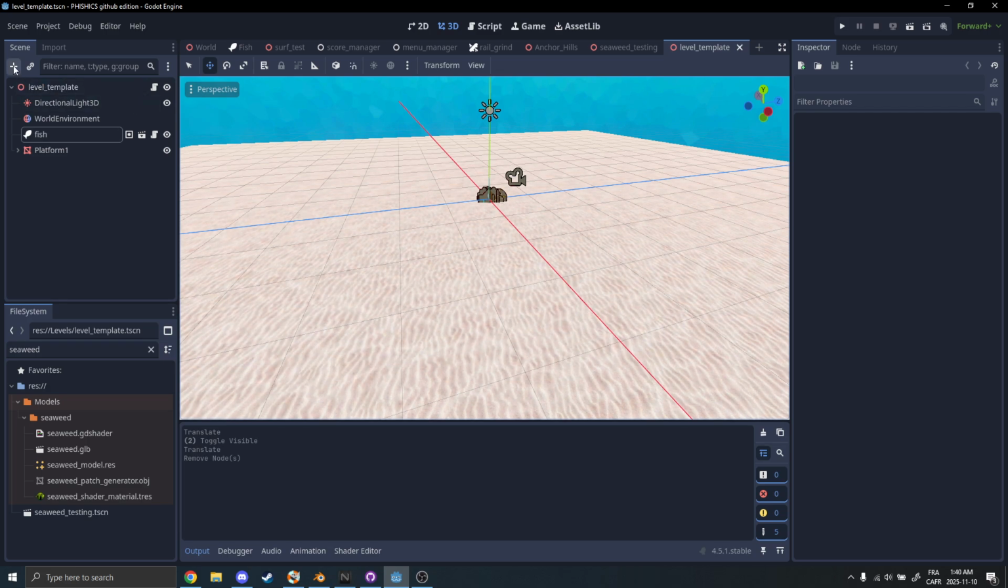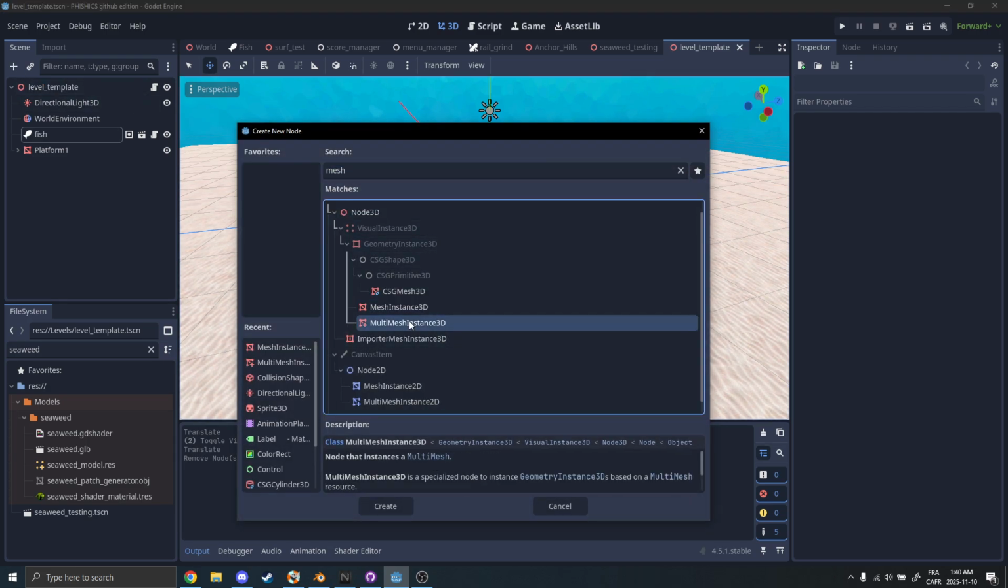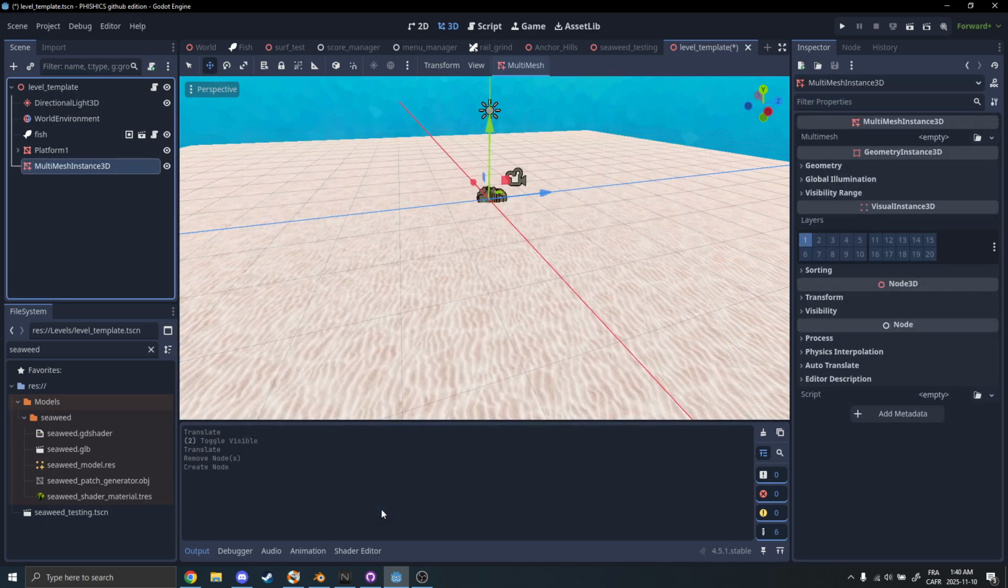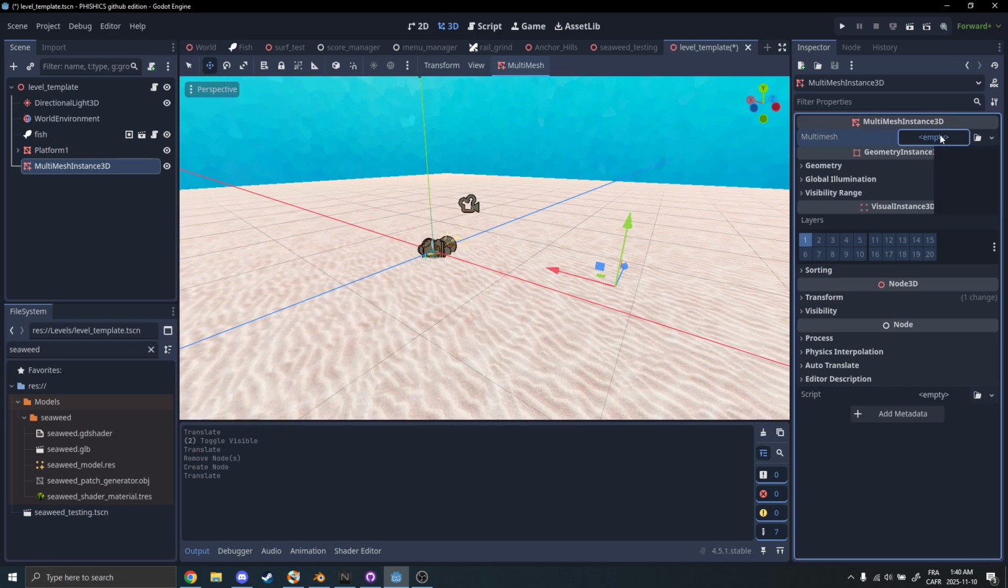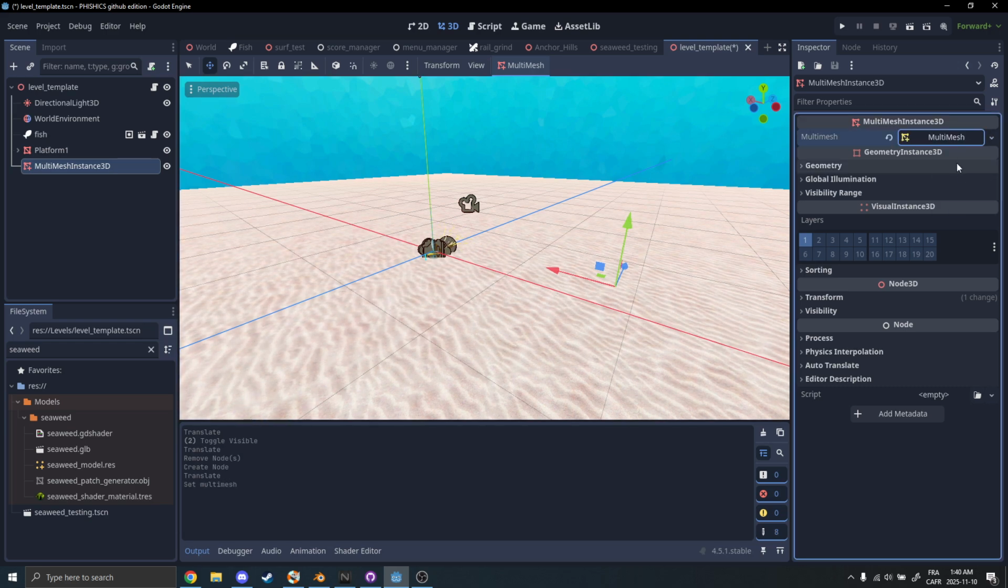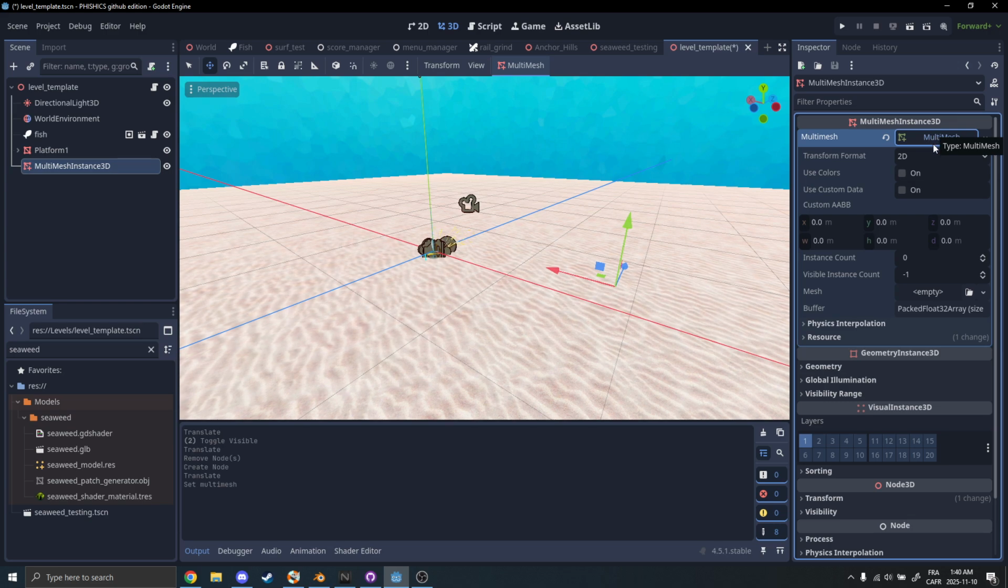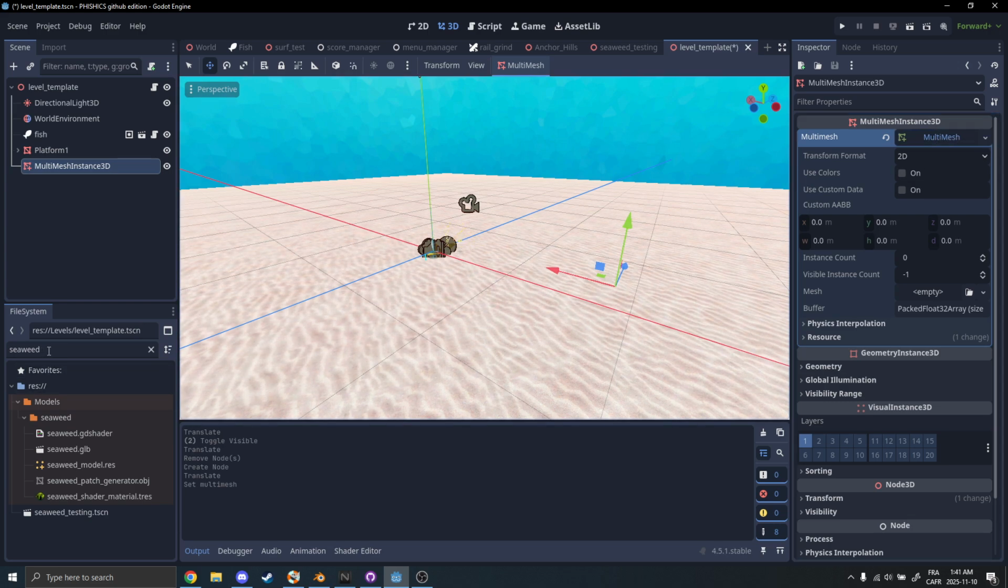First, you go to create a new node. Look for Multi-Mesh Instance 3D and put that in the scene. From there, you go into Multi-Mesh, click on Empty, make a new multi-mesh. Then you click on it, and then, in your file system, look for the file called